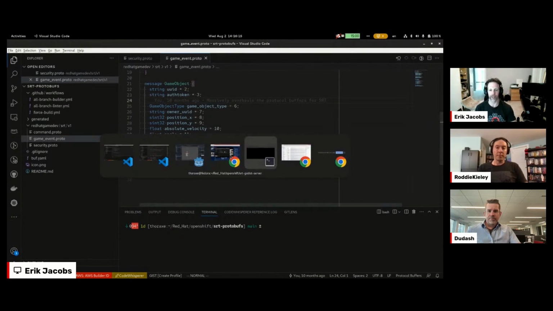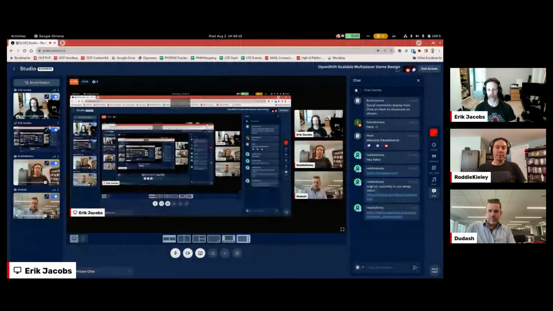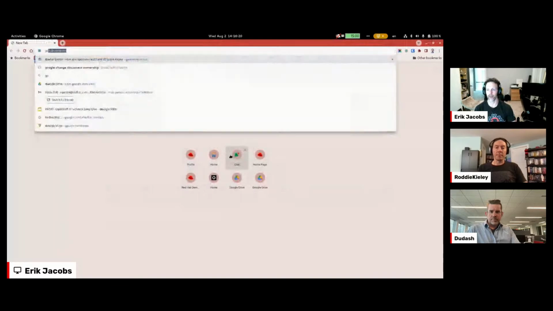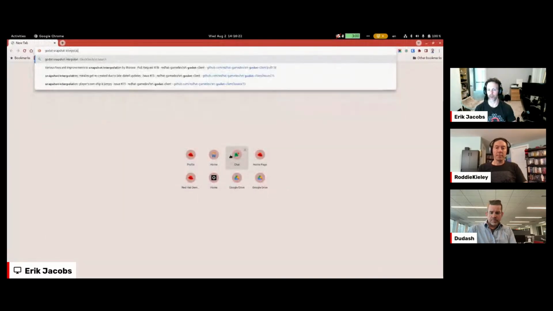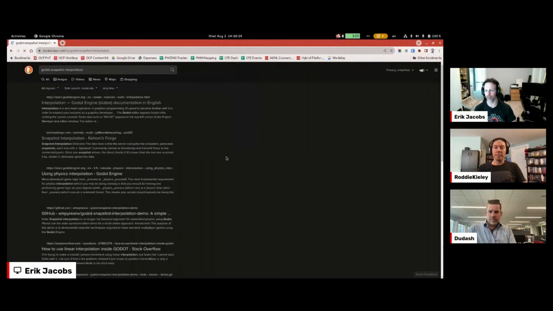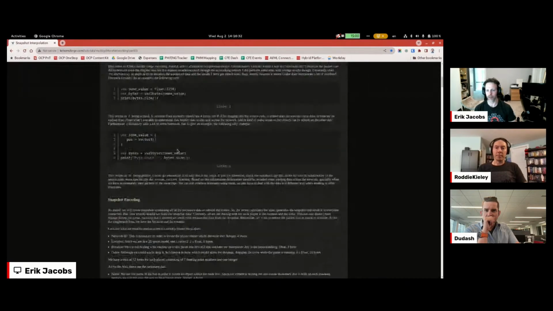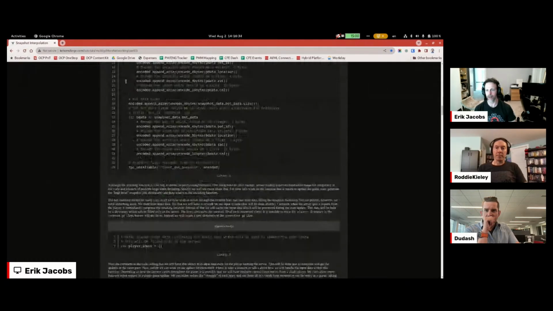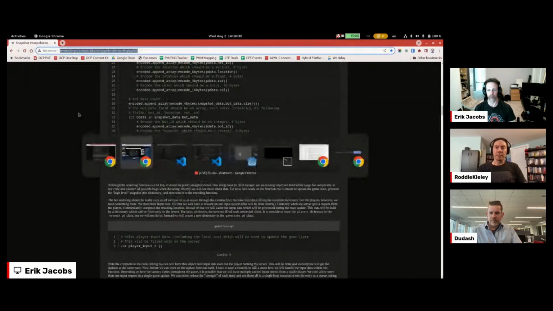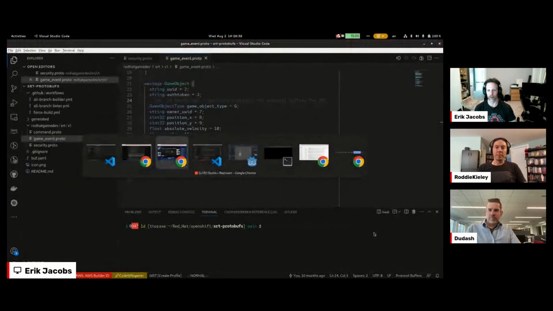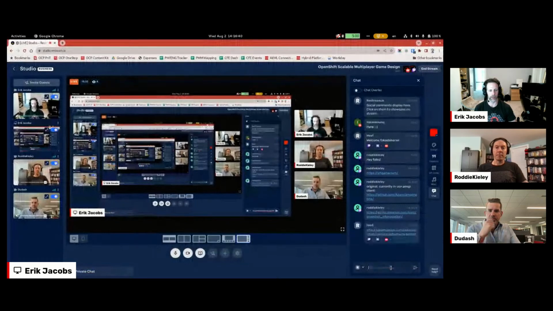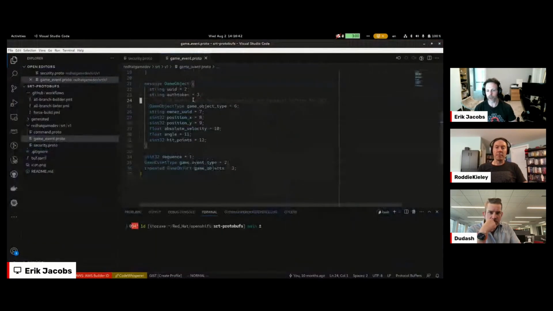Let's see, I wonder if I can find it again. Let's see here. Godot snapshot interpolation. It was a GitHub repo somewhere. Was it this crazy thing? Yeah, so there's this post that goes into a bunch of detail on how to do it. I'll put this in the chat for anybody that's interested. I lost the chat just now. There we go. So there are some examples out there of how to do it, but the TLDR on how